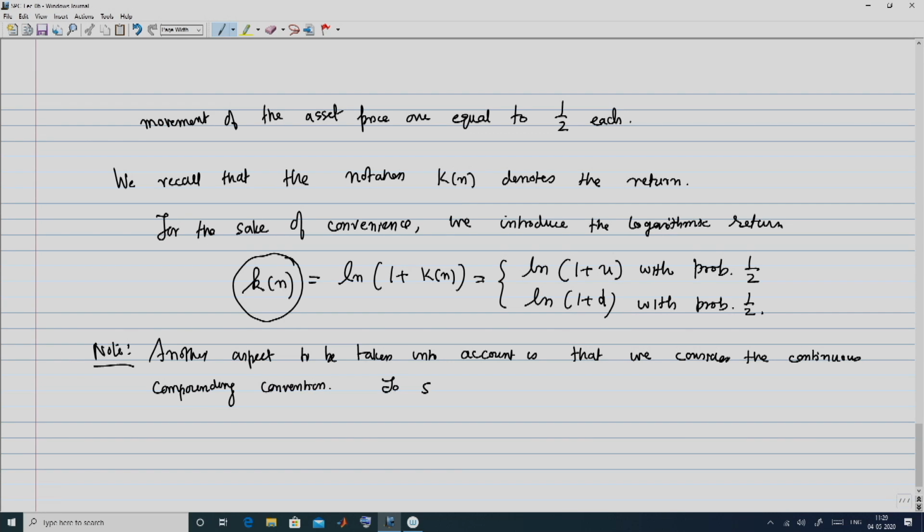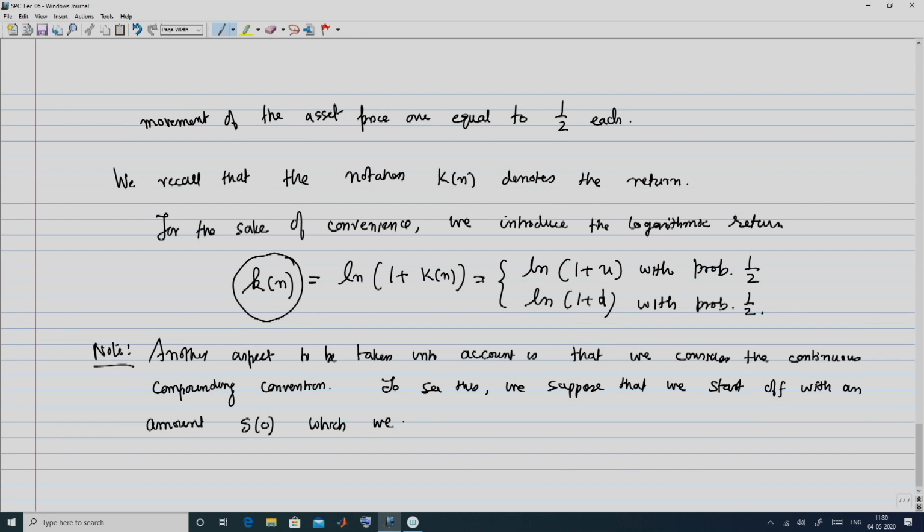So, to see this in more detail, we suppose that we start off with an amount S naught,